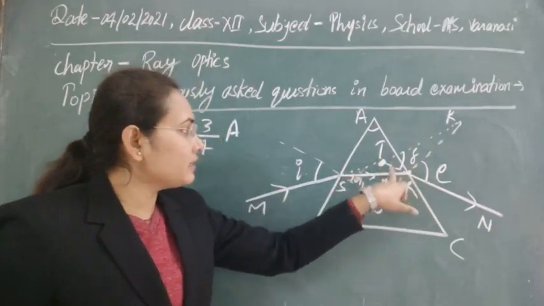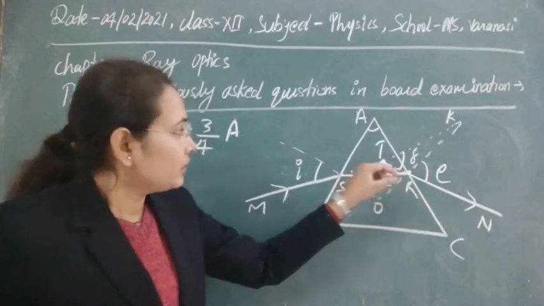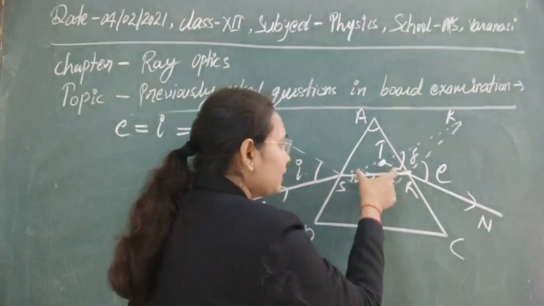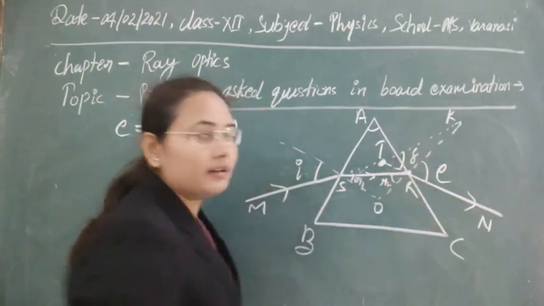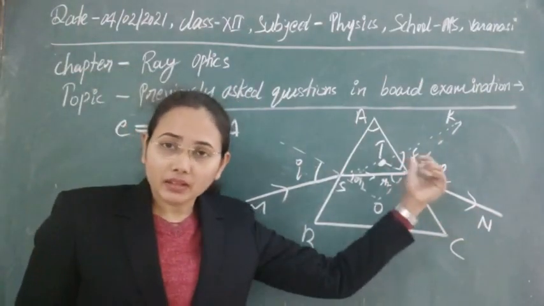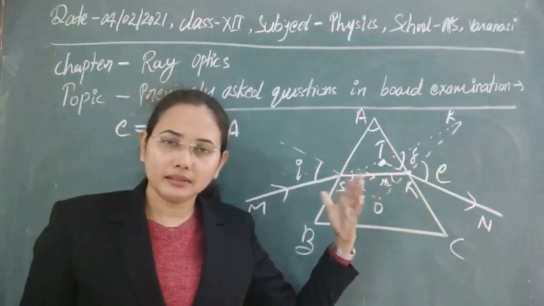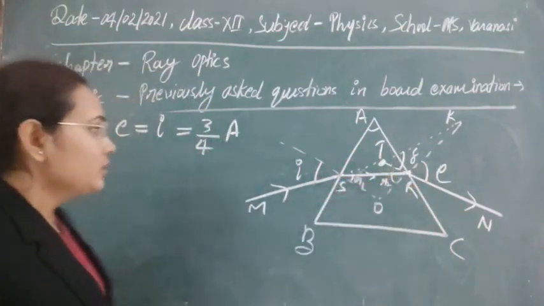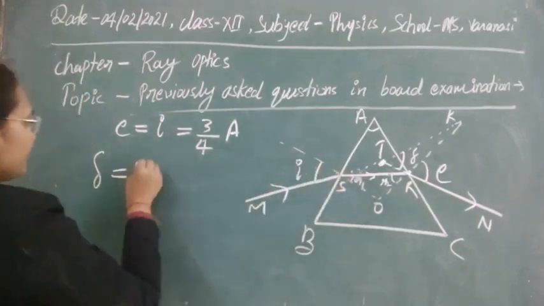Obviously this whole will be E, and this is R2, then this will be E minus R2. Then you know that if you just take the sum of these two interior angles, that will provide the value of this exterior angle delta. This is the property of the exterior angle: the exterior angle is equal to the sum of the two interior opposite angles, or these two adjacent angles here. So if you have to find the angle of deviation, you can just take the help of geometry.